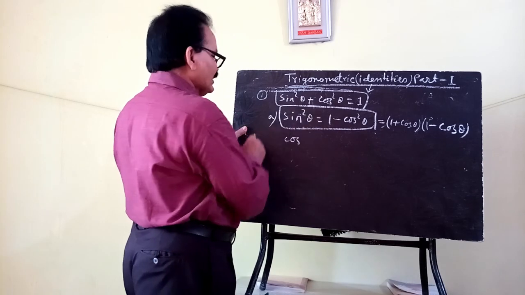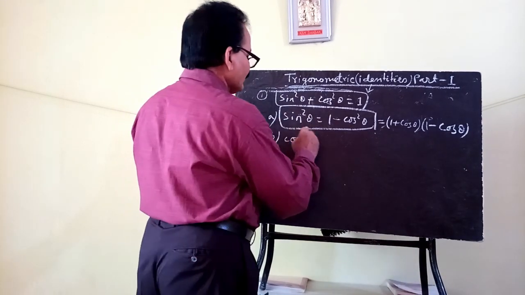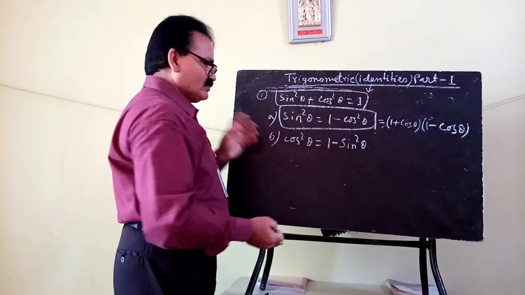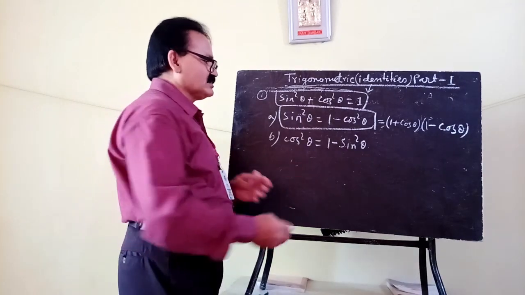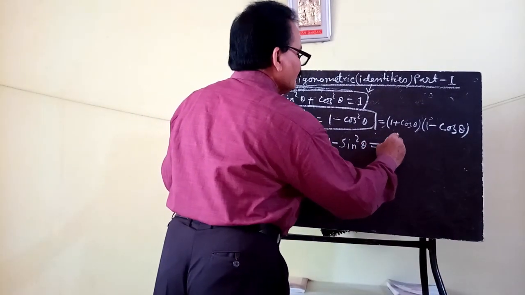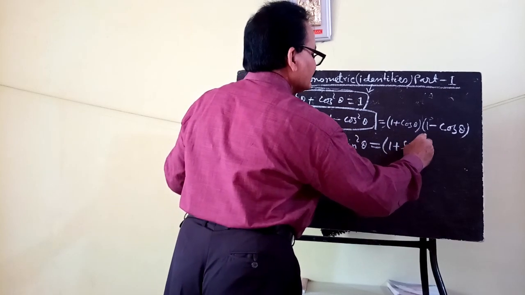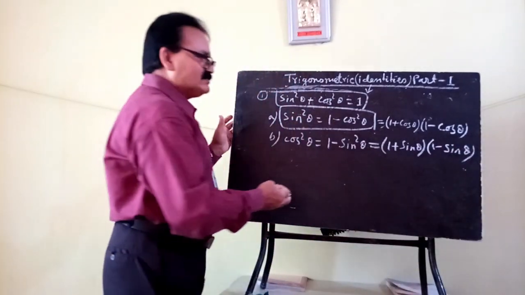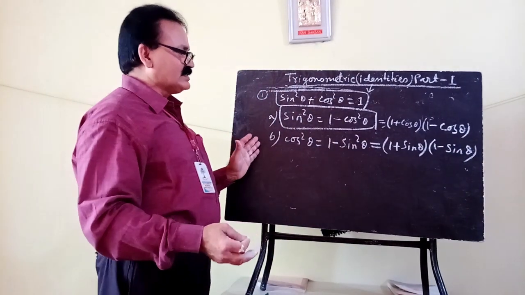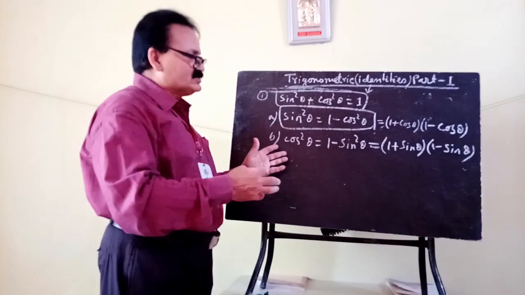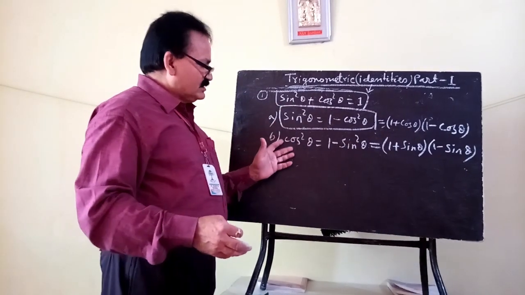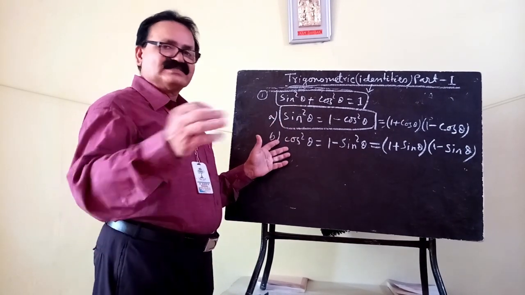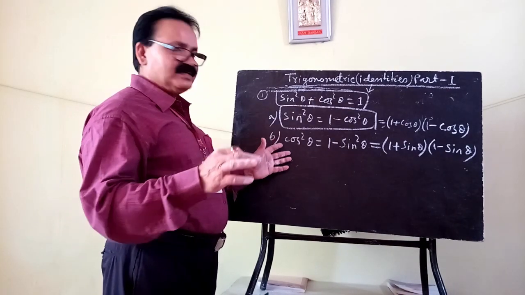Similarly, now 1b. Say cos square theta may be written as 1 minus sin square theta. Okay, so for cos square theta you may write 1 minus sin square theta. Now again, if necessary, you can factorize it as 1 plus sin theta into 1 minus sin theta. So these I am saying for your simplification, it will be easy for you to use various relations. Okay, so these are the applications, or you can say tips, for proving your identities in the exercise.